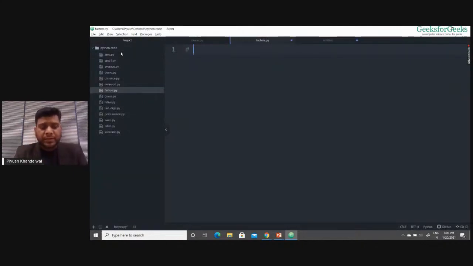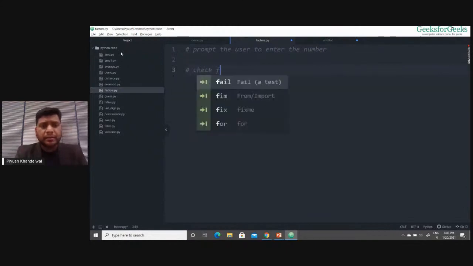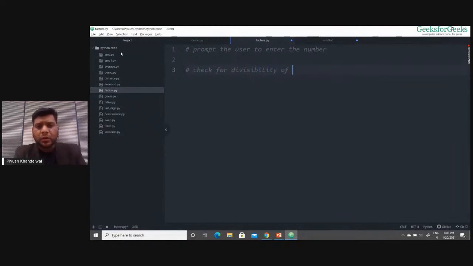Okay. So now when the file name is factors.py, I first write the comments. So first thing is prompt the user to enter the number. After that, I'll check for divisibility of number from 1 to number itself.